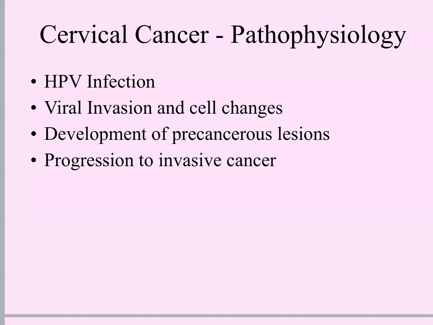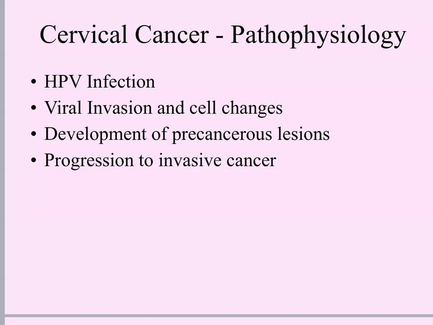So HPV spreads through sexual contact and it infects the basal epithelial cells of the cervix, especially in that transformation zone. And then once the HPV enters the cervical cells, it releases DNA of that virus that becomes integrated into the host cell's DNA. So that triggers production of these viral proteins, E6 and E7, which interfere with the cell's normal